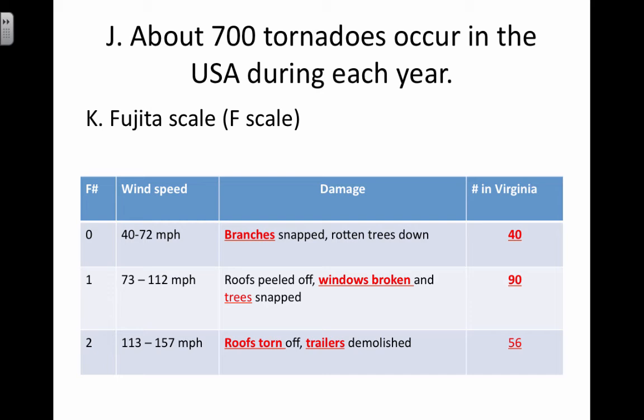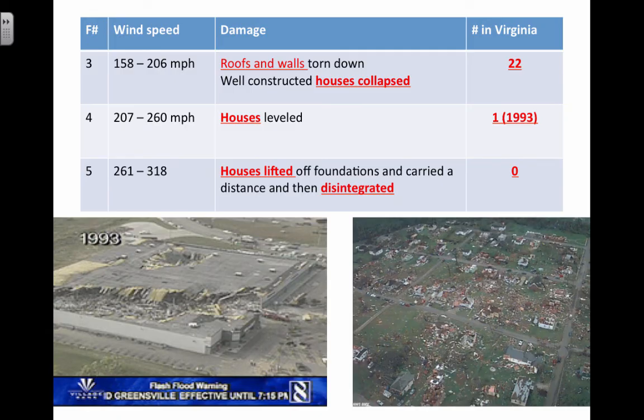F2, roofs are torn off, trailers are demolished. At this time we had 56. F3s, roofs and walls are torn off houses. Well-constructed houses can be collapsed. We had 22 of these in the state of Virginia. This is usually the most damaging tornadoes because we have so many hills and mountains that it kind of chops up those winds. F4, 200 mile-an-hour winds. Houses are going to be leveled, which means that there is nothing